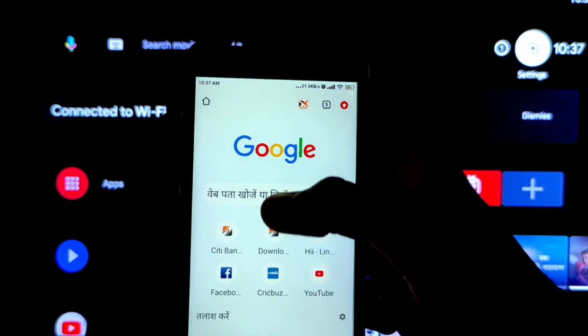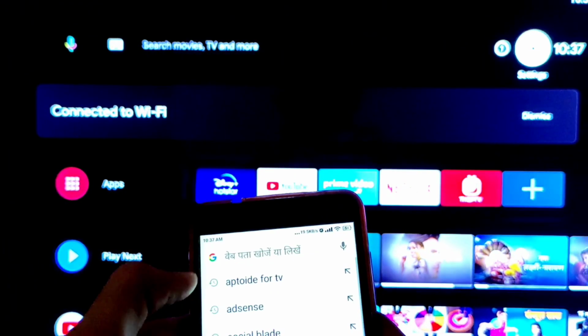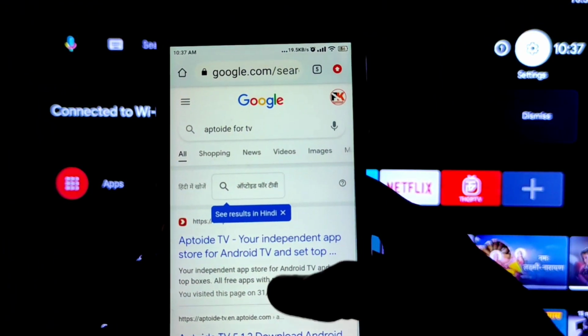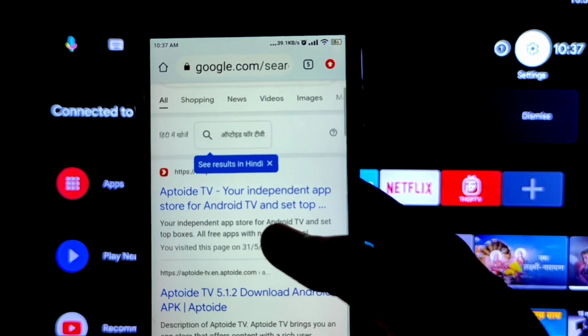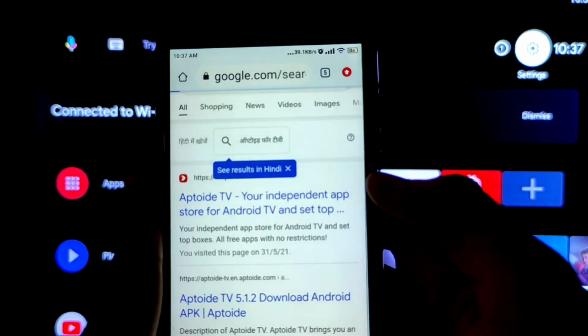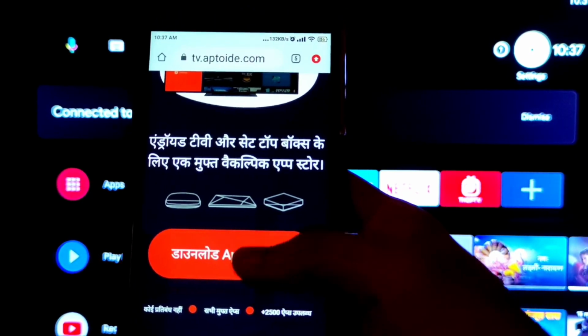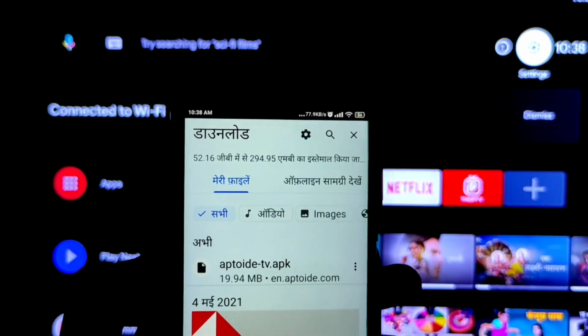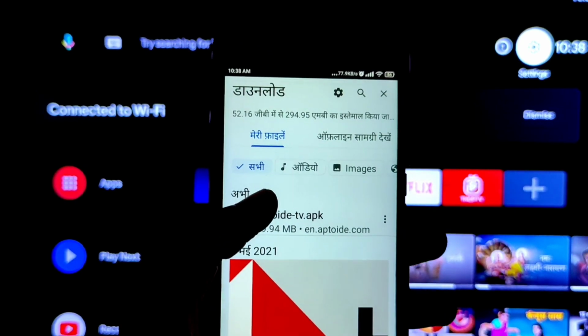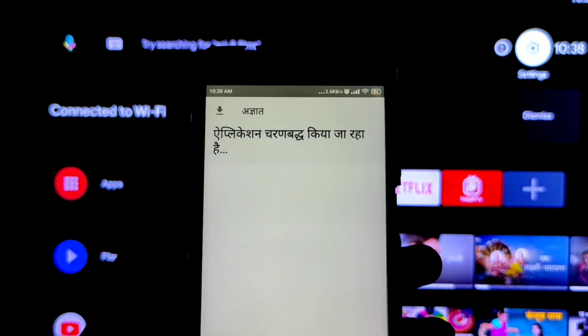I want to open a new tab and search on Google for Aptoide TV. I want to download this application, Aptoide TV, on my mobile screen. Then click on it, then download your application. So download your Aptoide TV. As you can see, I downloaded my Aptoide TV application, and how can I send it to my TV and